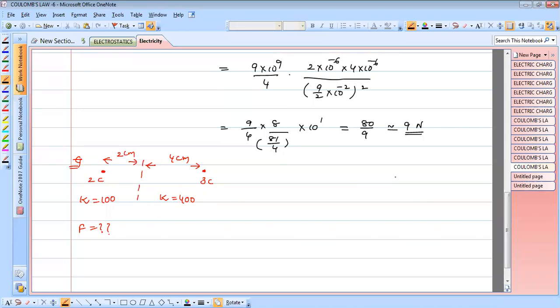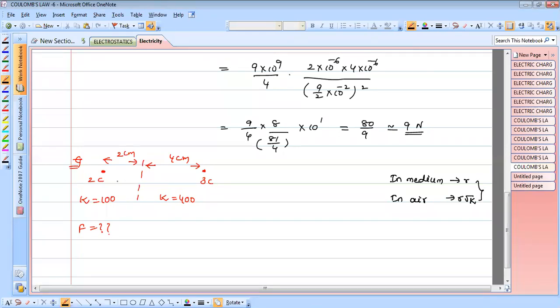Exactly this concept here. In medium, r distance, in air, r into root k distance have the same force. So now this medium is replaced with air. Now this scenario becomes: this is 2 centimeters, that is 2 into root 100, plus this is 4 centimeters in the medium of dielectric constant 400. Now this becomes 4 into root 400. Now this separation becomes, now the distance between these two charges is,